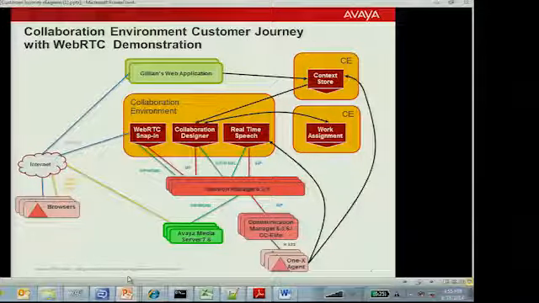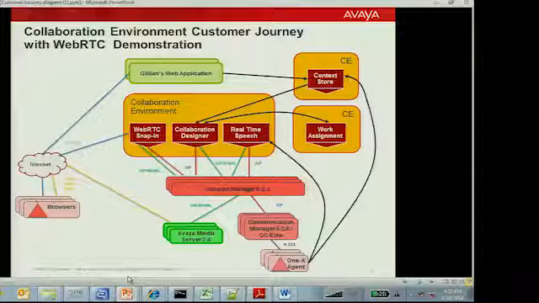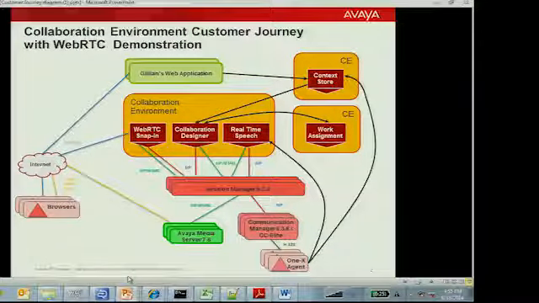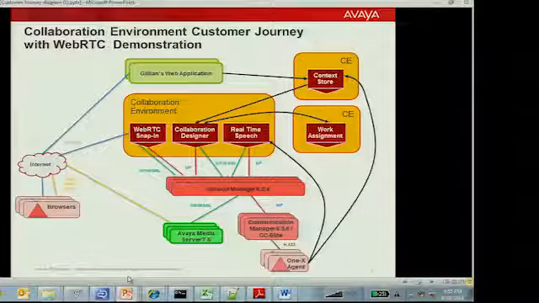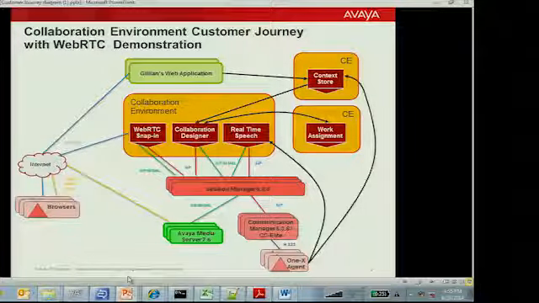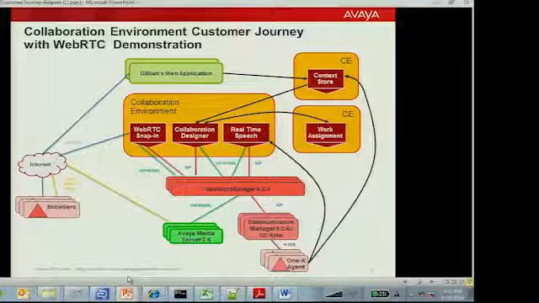Now, this is what our solution looks like. It builds on our collaboration environment platform that we introduced last year. Don't be frightened by everything that you see here. You don't need all of these pieces, all of these snap-ins in collaboration environment to get the benefits of our WebRTC solution. But if you take everything, you do get a really nice package